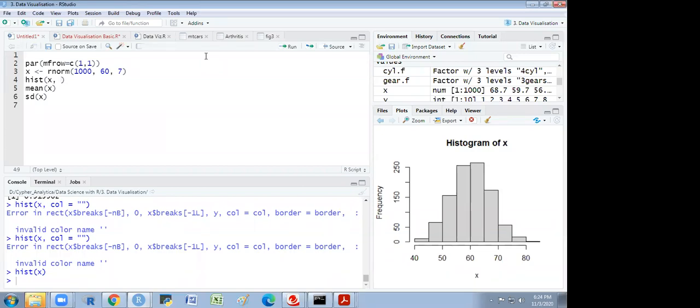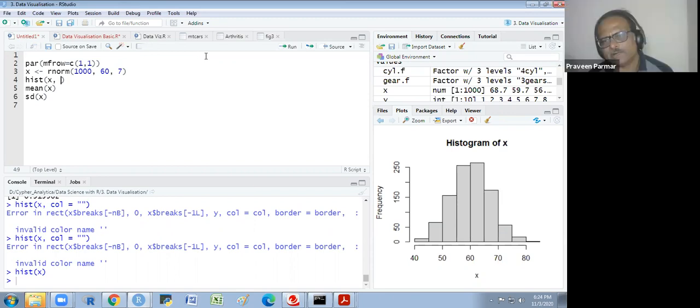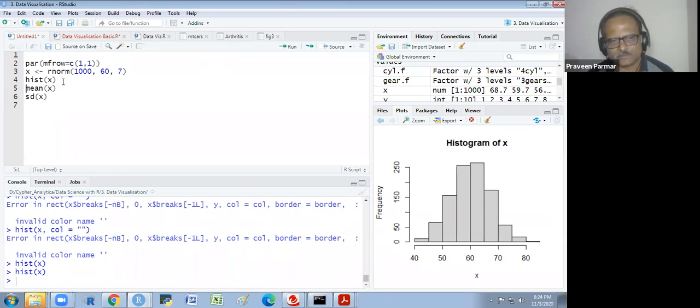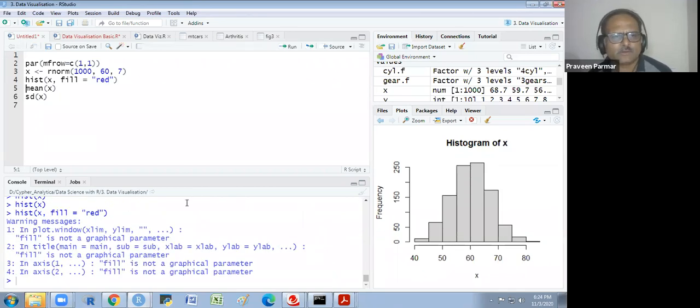Fill equals gray, like that. Yes, you will get this, because somewhere I have set this by default. Or we could change the color also. We have a fill, I think. Fill is not a graphical parameter. Fill is not the color. If I write that col,